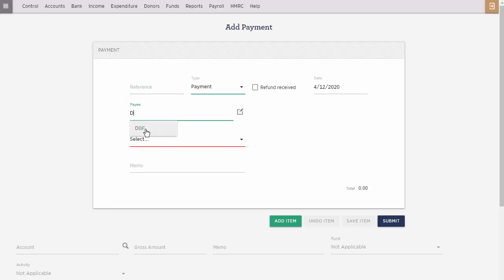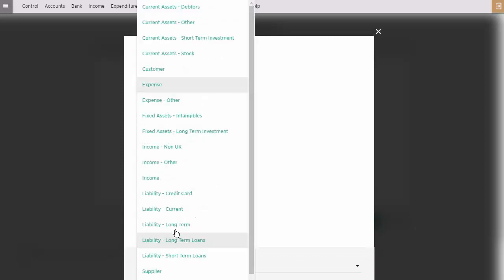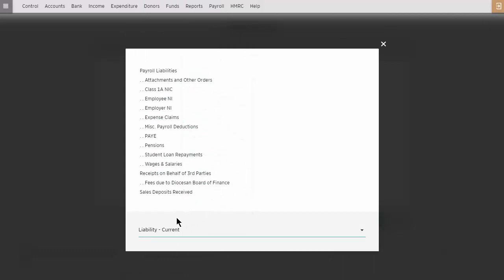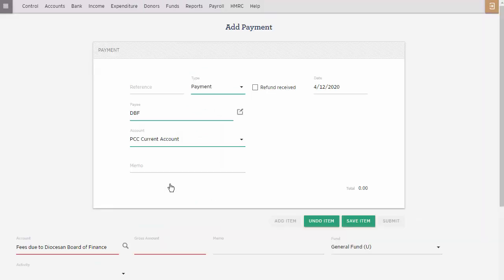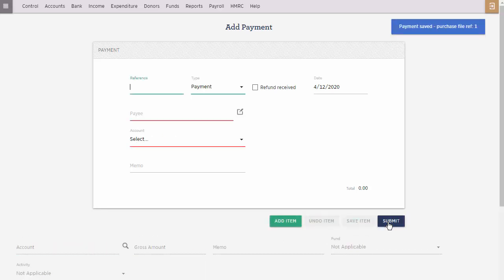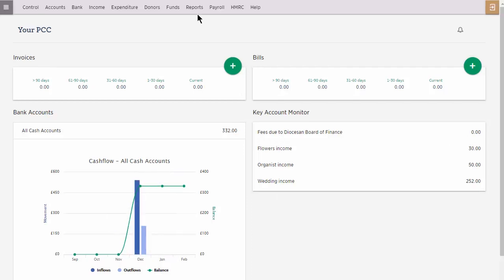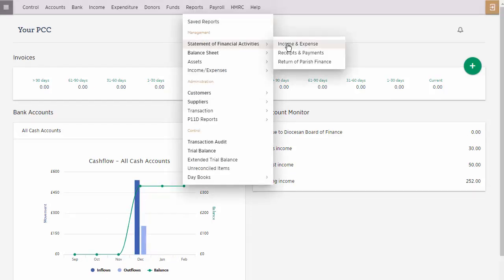So we'll enter in the payee as DBF, selecting the bank account that we're making the payment from, and then add the item. We're not paying an expense, but rather we're paying a liability. Select the current liability and fees due to Diocesan Board of Finance. This will be remembered for future transactions with the DBF. Save and submit. We've now completed the process, and if we look at the main page, we'll see the DBF fees due is nil. Our accounts reflect the appropriate values, and the reporting of your SOFA, return of parish finance, and balance sheet will be